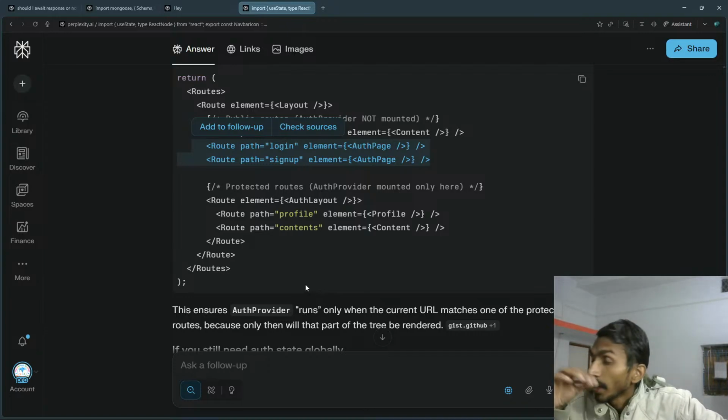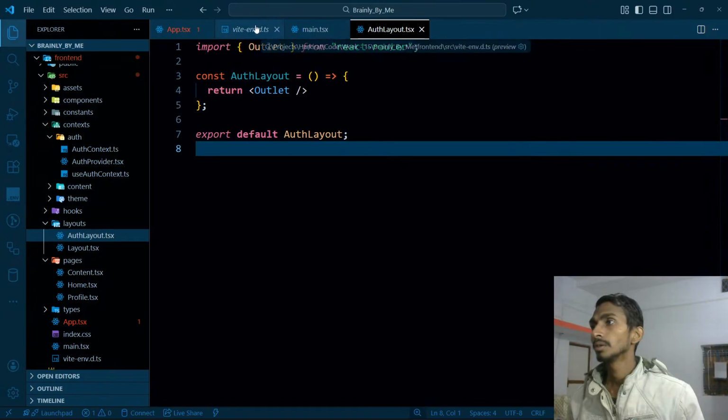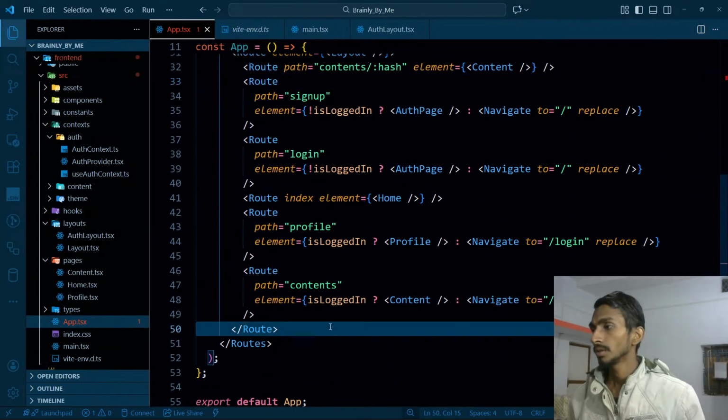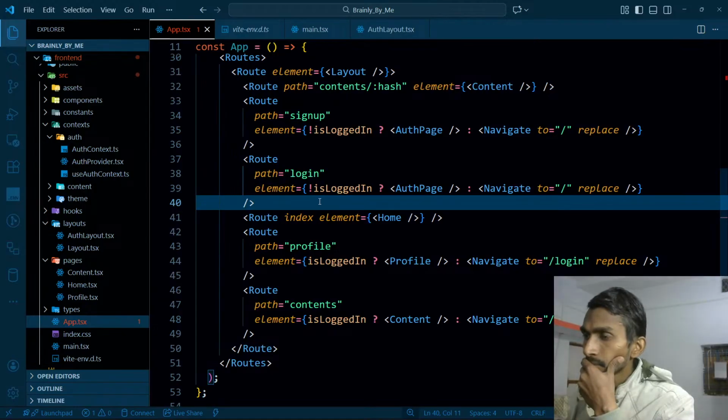And when it comes to creating two layouts, the first one's name is gonna be auth layout, auth content layout, content layout and auth layout. This React thing, home page,